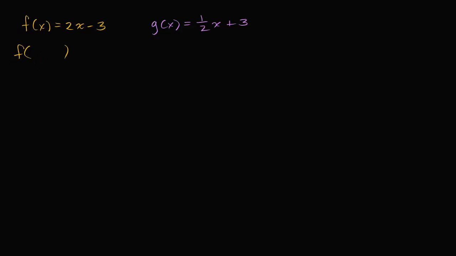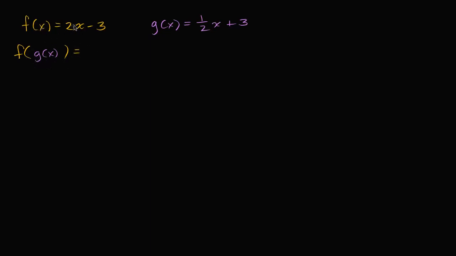So first I want to evaluate f of g of x, and then I'm going to evaluate the other way around, g of f of x. But let's evaluate f of g of x first. And I, like always, encourage you to pause the video and see if you can work through it. So f of g of x is going to be equal to, well,